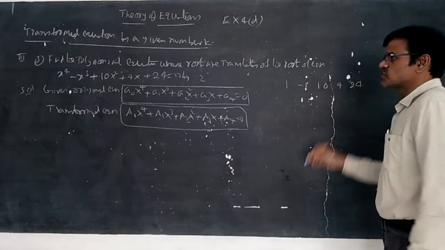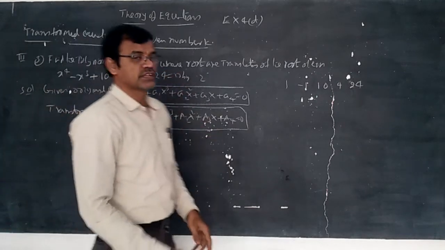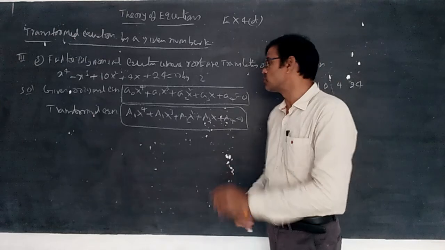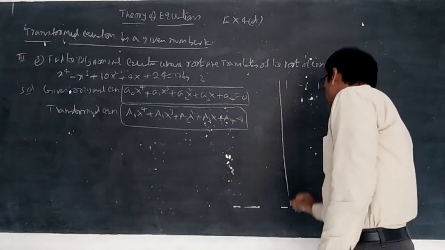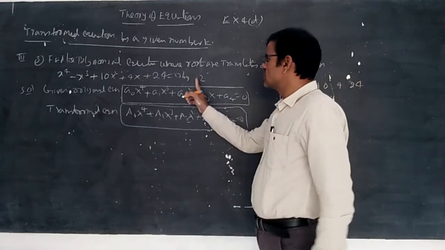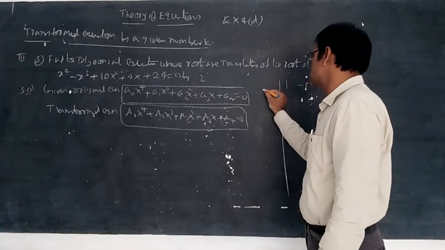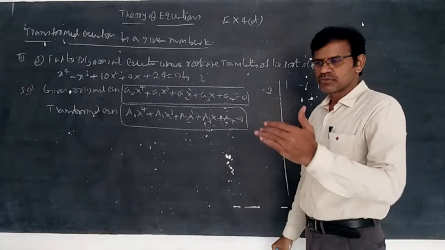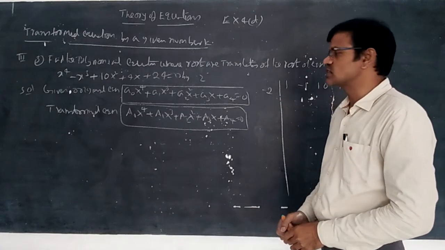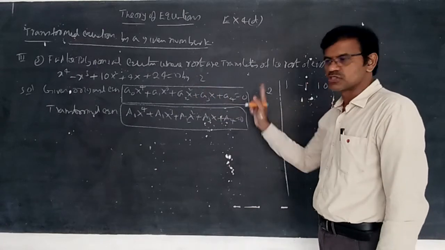If any term is absent, for example the x to the 4, 3, 2, 1 or constant terms, you should still account for it. If any coefficient is missed, then you should put 0. While doing the transformation, the translation of the equation, if you are given 2, you should put minus 2 according to our remainder theorem formula and Horner's synthetic division method. Whatever the number is, you should change its sign here.